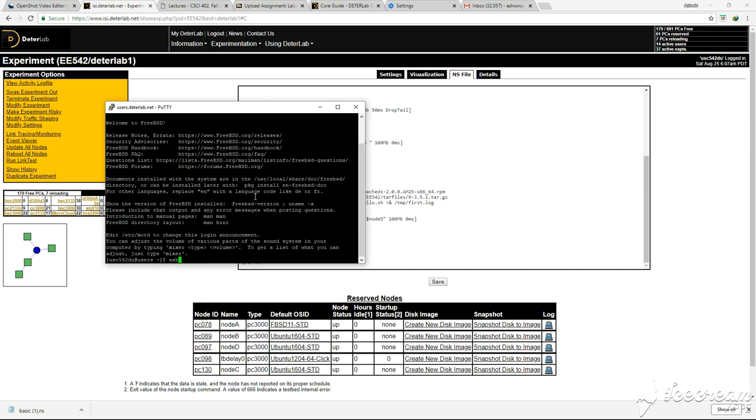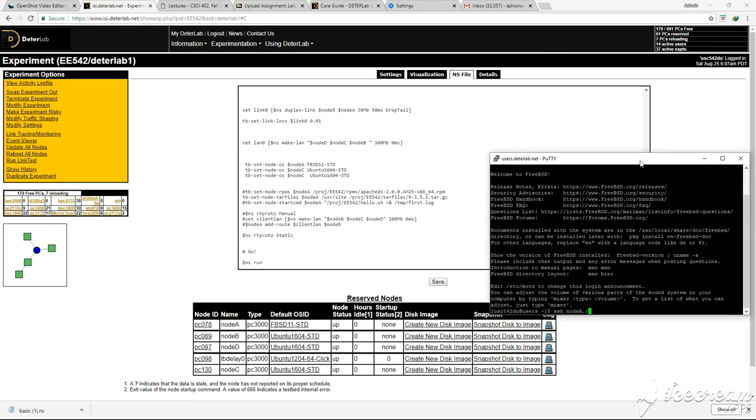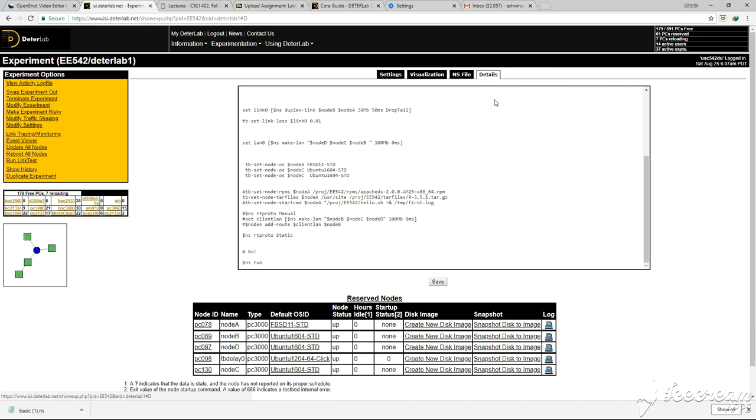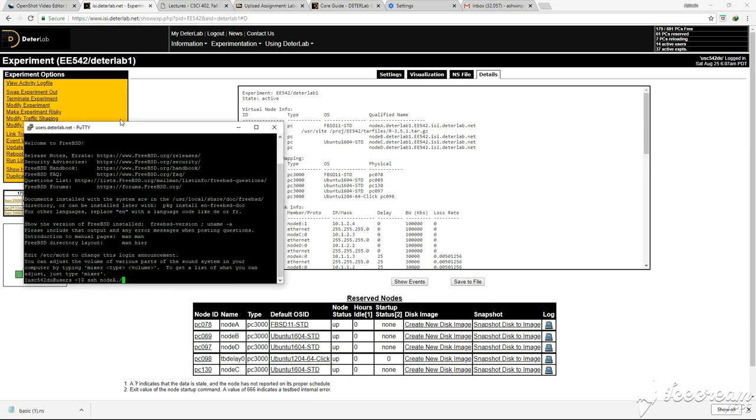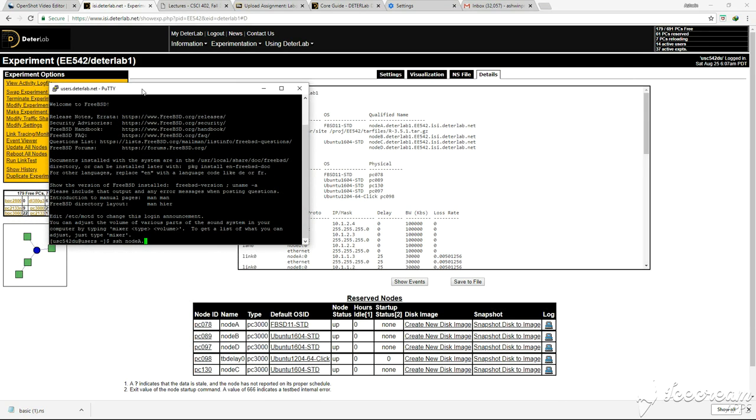So let me SSH into node A. Node A dot deterlab 1 dot E542,